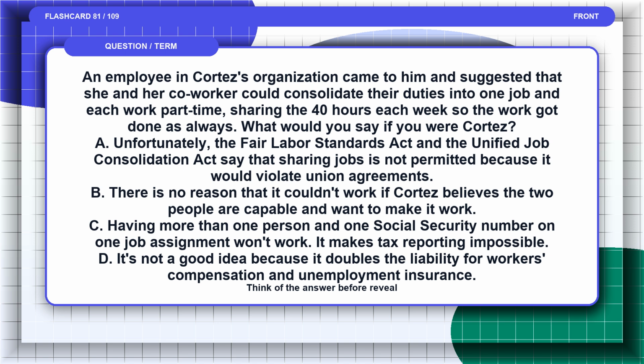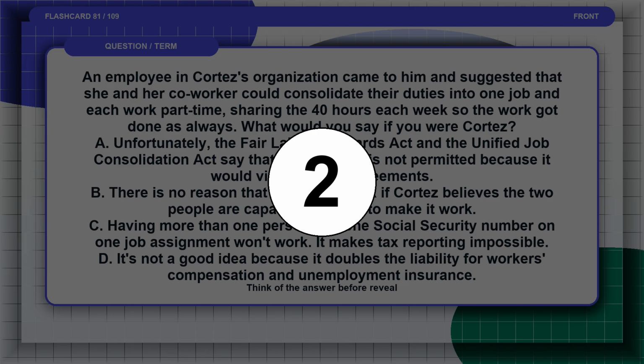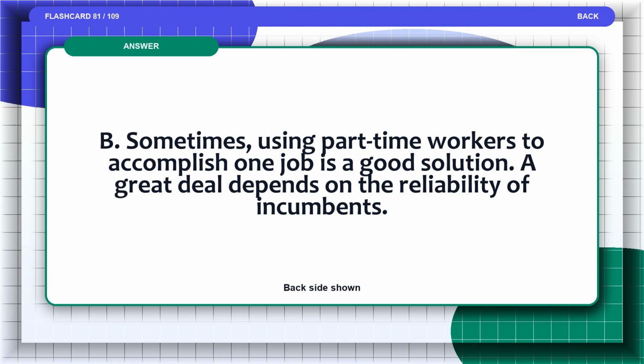There is no reason that it couldn't work if Cortez believes the two people are capable and want to make it work. Having more than one person and one social security number on one job assignment won't work. It makes tax reporting impossible. It's not a good idea because it doubles the liability for workers' compensation and unemployment insurance. Pause and think of the answer before the reveal. The answer is